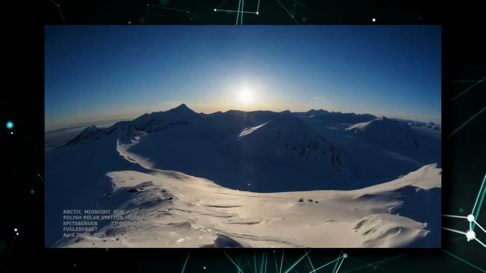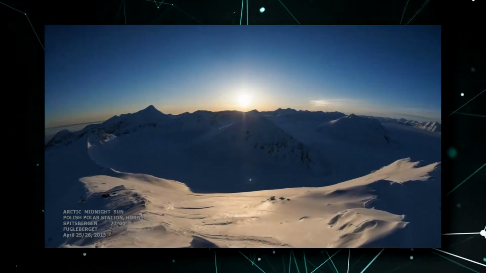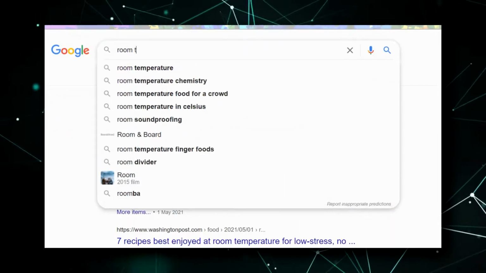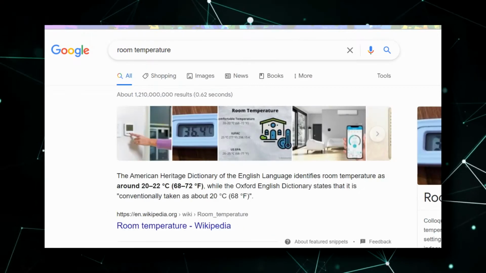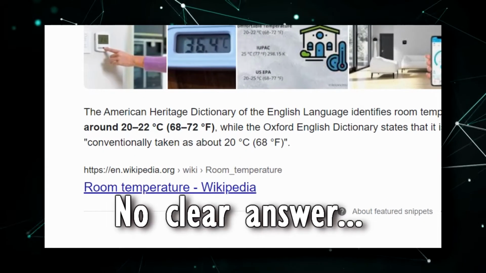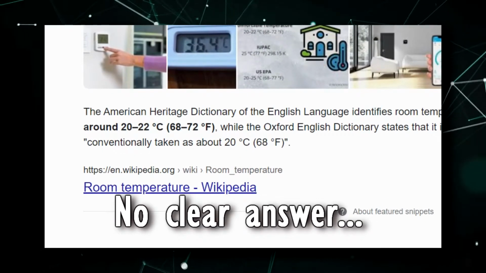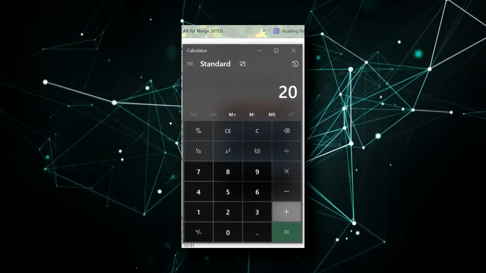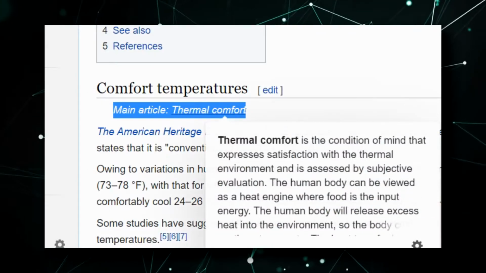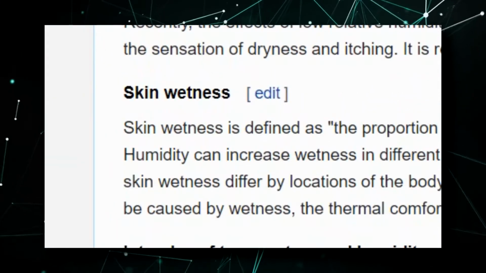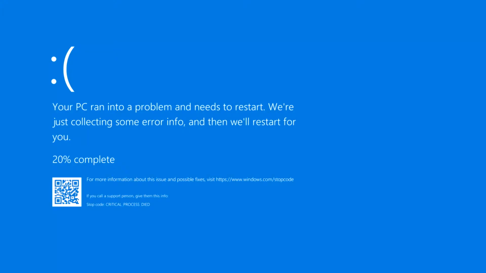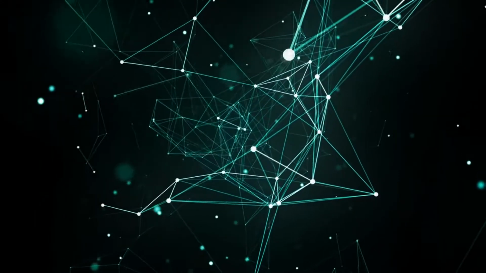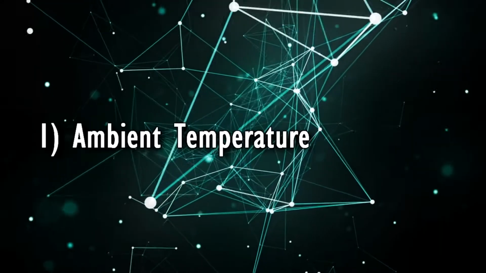If we were in the Arctic Circle, we might find that room temperature is completely different to someone who lives in Saharan Africa. So with a quick Google search, we find out that room temperature is... And down the Wikipedia rabbit hole we go. Anyway, after some research, we find room temperature is a term referring to three other terms, that being ambient temperature,